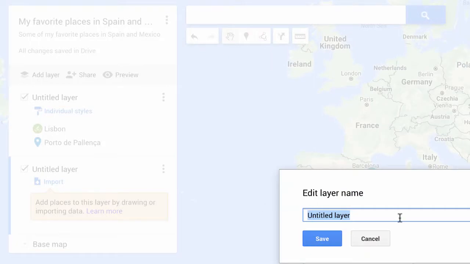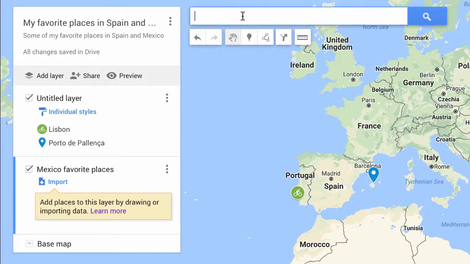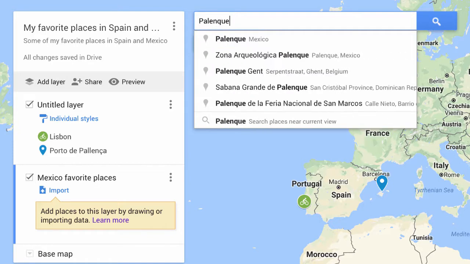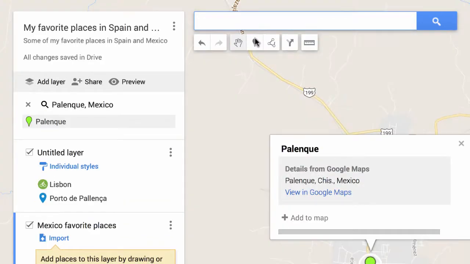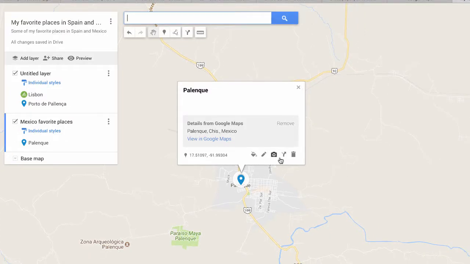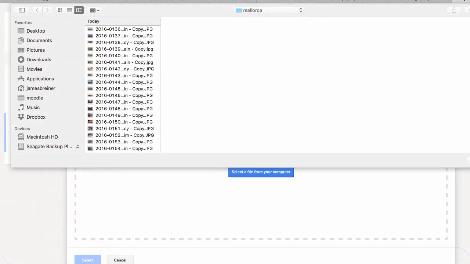And we've got this untitled layer, and we're going to call this Mexico favorite places. We're going to save that, and for that layer we're going to add Palenque. We're going to add Palenque to the map, and we're going to add an image, and somewhere